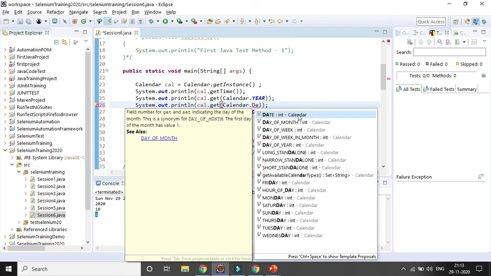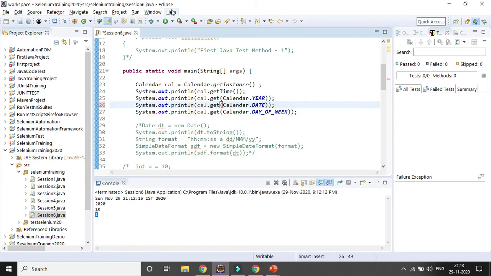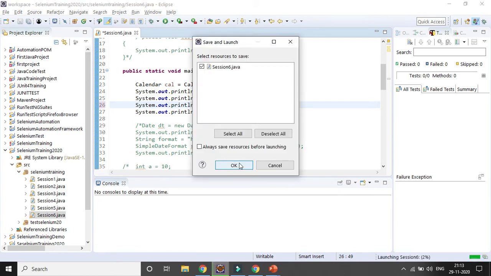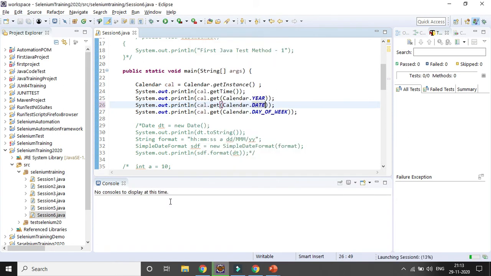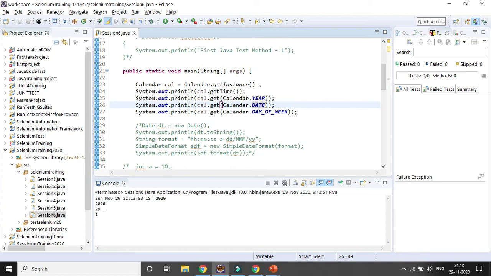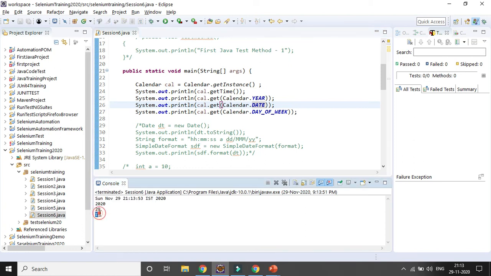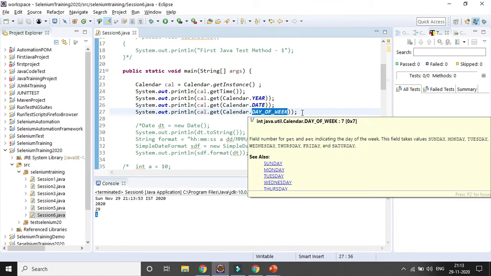As the return type is integer, let's run it and see how it prints. The date is coming as 29, and the day of the week is Sunday, which is 1. Monday will be 2.